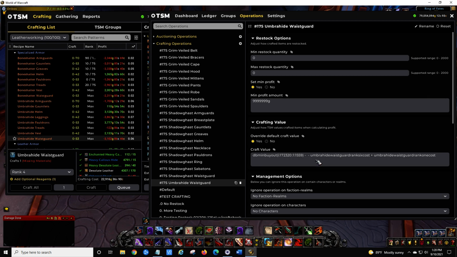Two minuses. Now, one thing I discovered is it doesn't like having a crafting variable in there. It would be nice to just say dbmin buyout, and I could even get rid of that. You could do crafting I:172.320. So I would like to do that, but it doesn't allow the crafting variables in this field. So we'll just stick with the